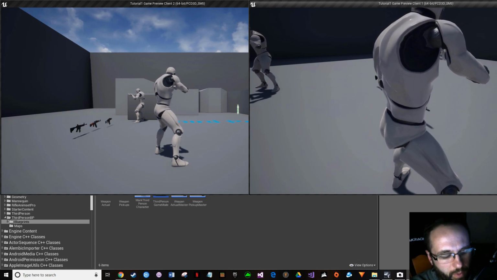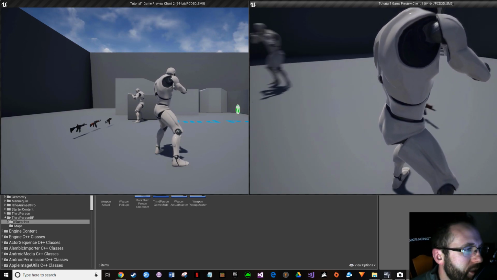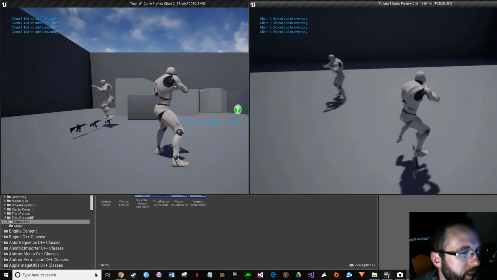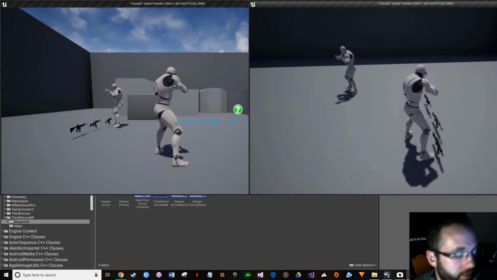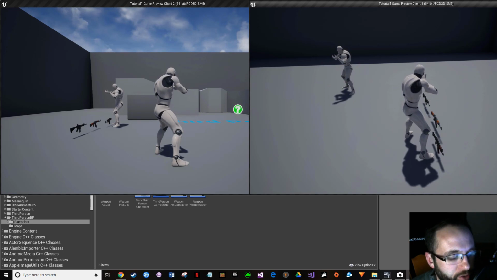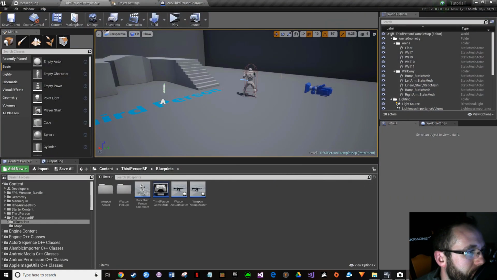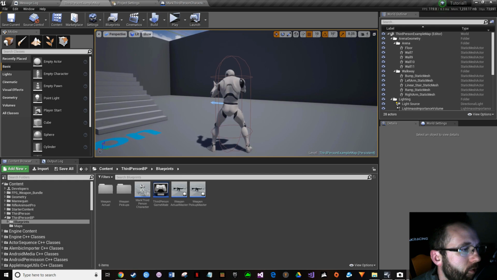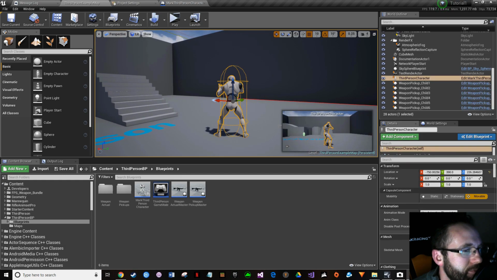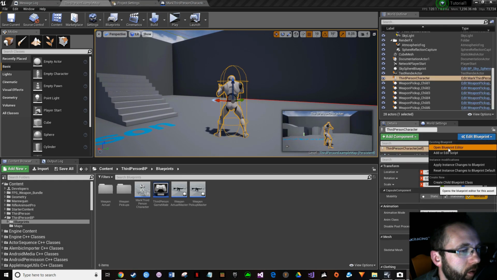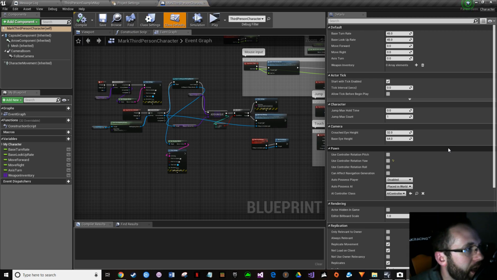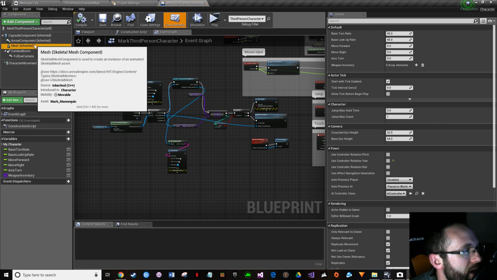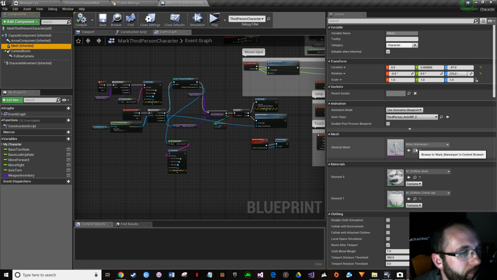So what we need to do now is get them so they actually spawn when he picks them up. To do that, we have to have a spawn point. We're going to go over here to our character, select him, go to Edit Blueprint, open the Blueprint Editor, and get over to your mesh. Pick on the skeleton right here, click it,